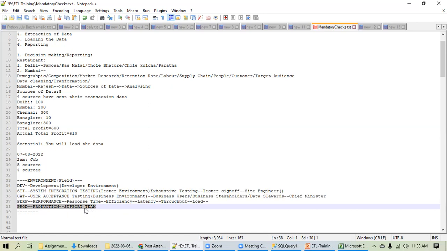Now it is the responsibility of the support team to run jobs and load data. If a job fails, they will analyze why the job has failed, and if anything goes wrong, they have to handle it here in the production environment. But if there is a valid defect, the support team will tell the development team that the coding you have done is not correct, please modify it. But the production environment is the environment of the support team, they will manage it.